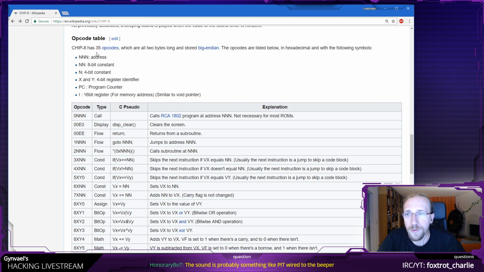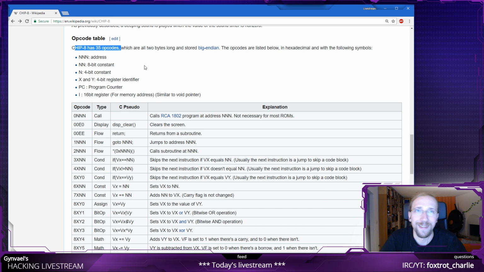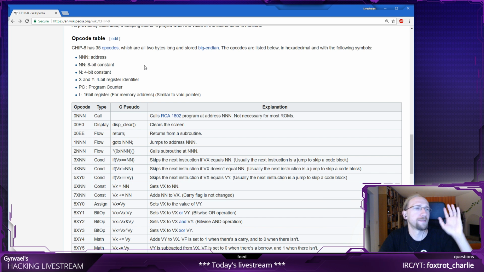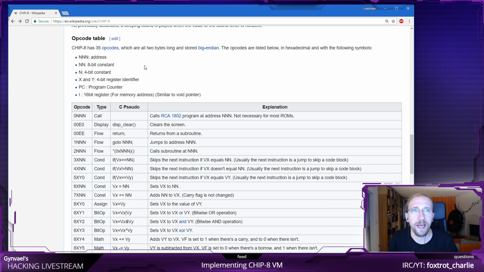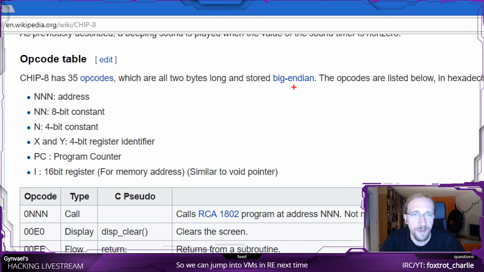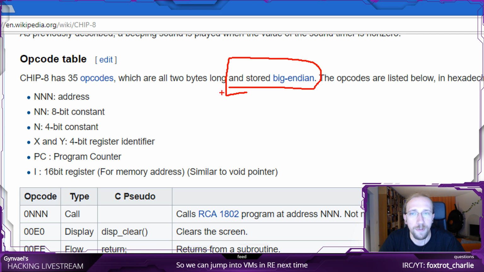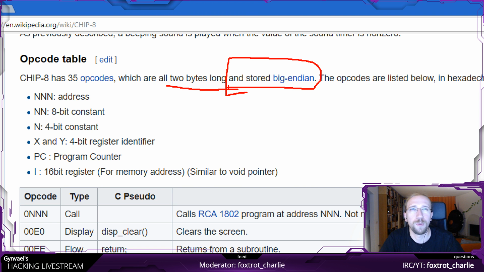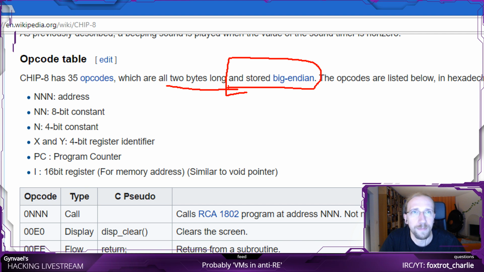Okay, and here are the opcodes. It has 35 opcodes, which is way less than x86, so that's easy to implement, and it's actually about 4.5 times more than BrainFuck has, right? BrainFuck being another common VM which people implement. The important part for us is how to decode it, and this is very important information for us. Each opcode is 2 bytes long, which is quite funny because that means we probably need 2 opcodes to fill the I register, which is the address register. But that's also how it's done on ARM, so no surprise here.